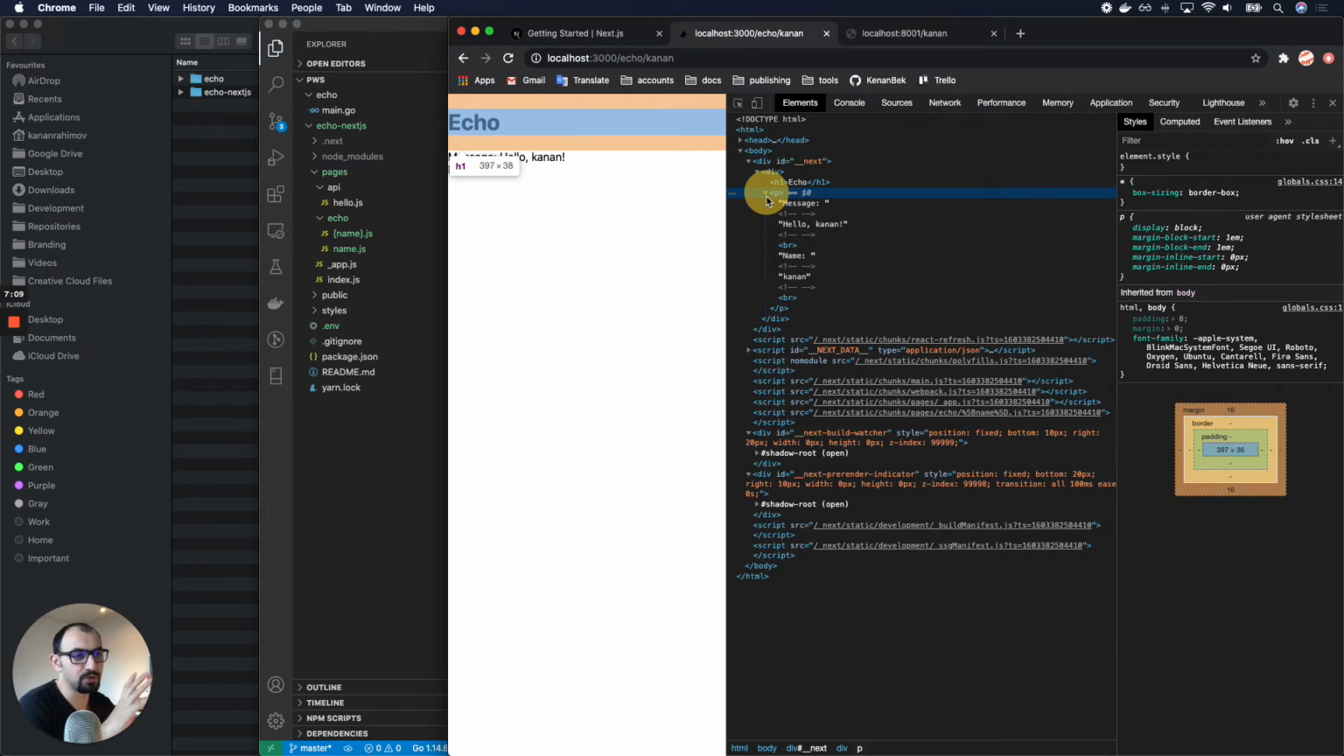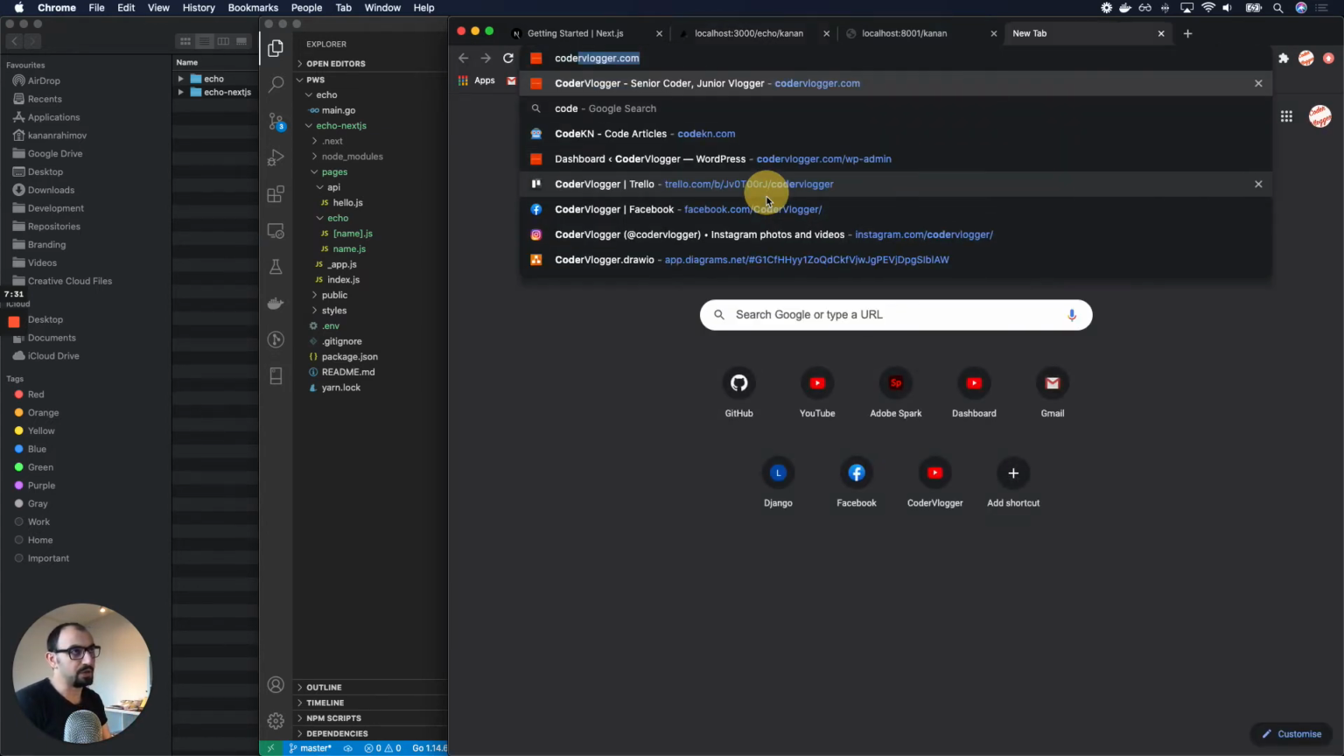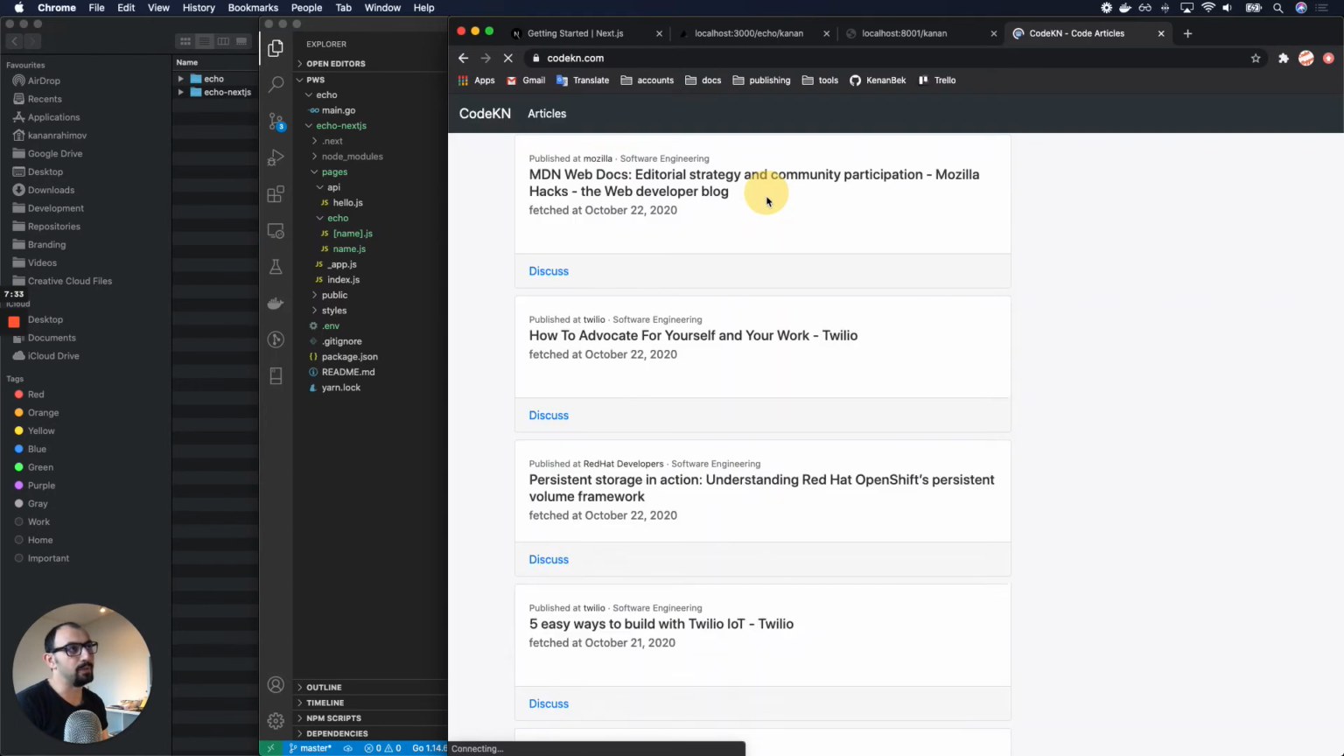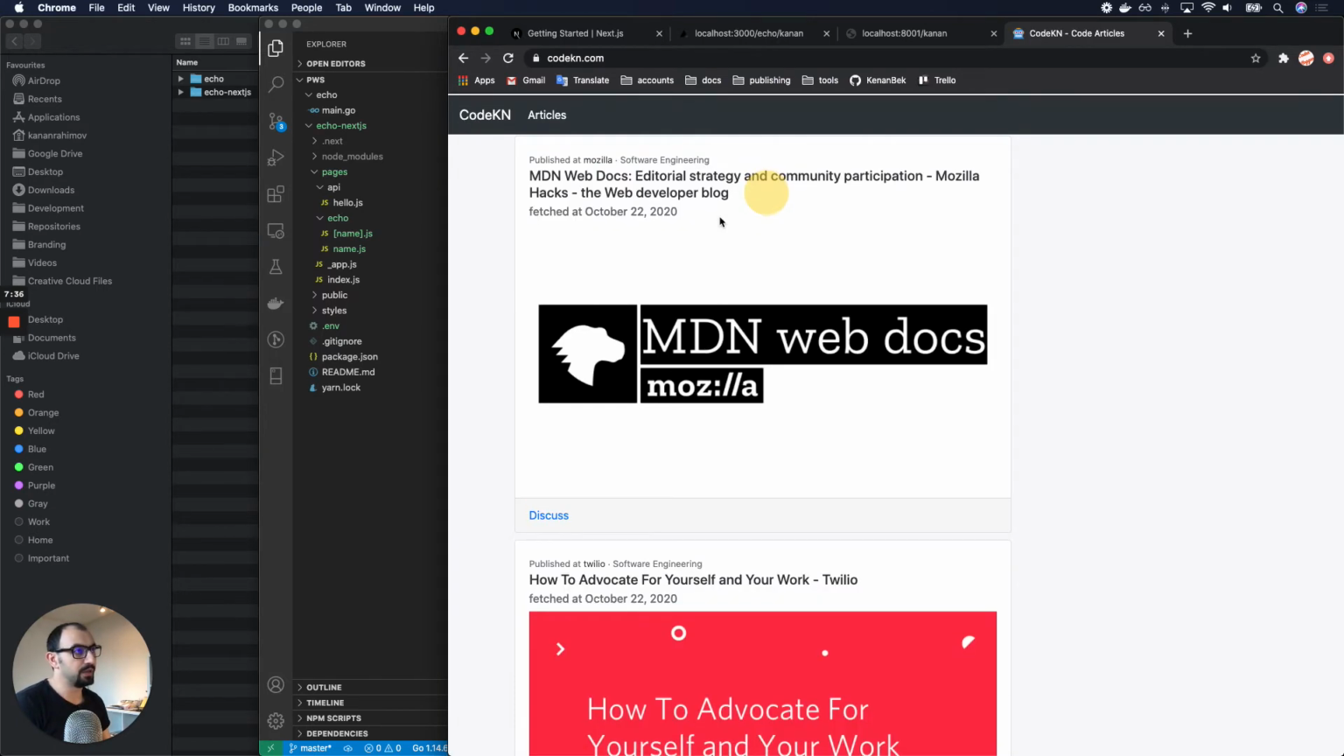So first your application opens on a client in a browser, and then you have your React application making a call, and then you render your application. It's okay, but where I want to use this, I want to use it in codekn.com, and here I have